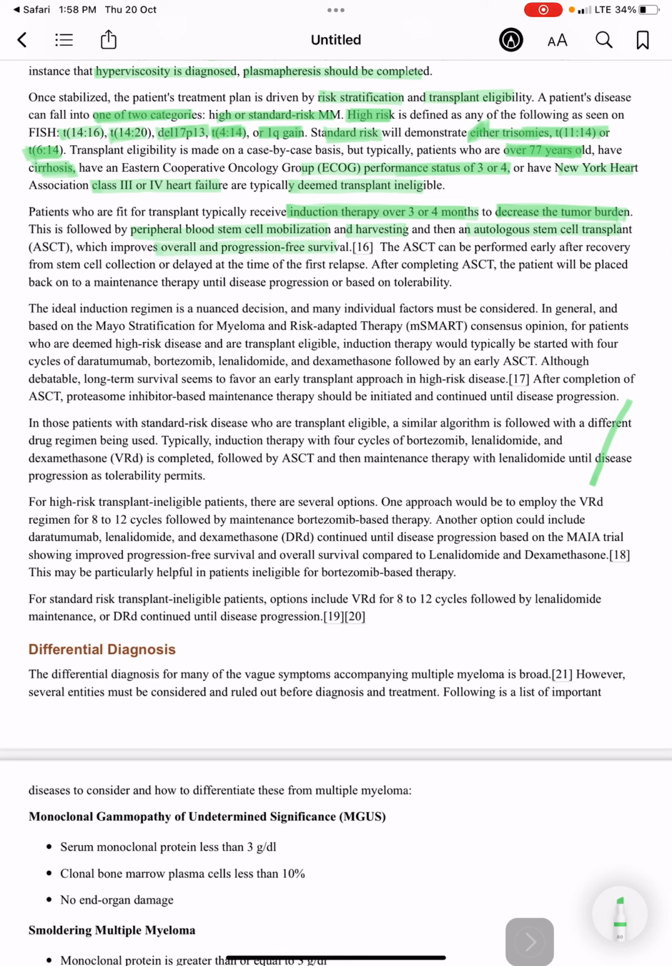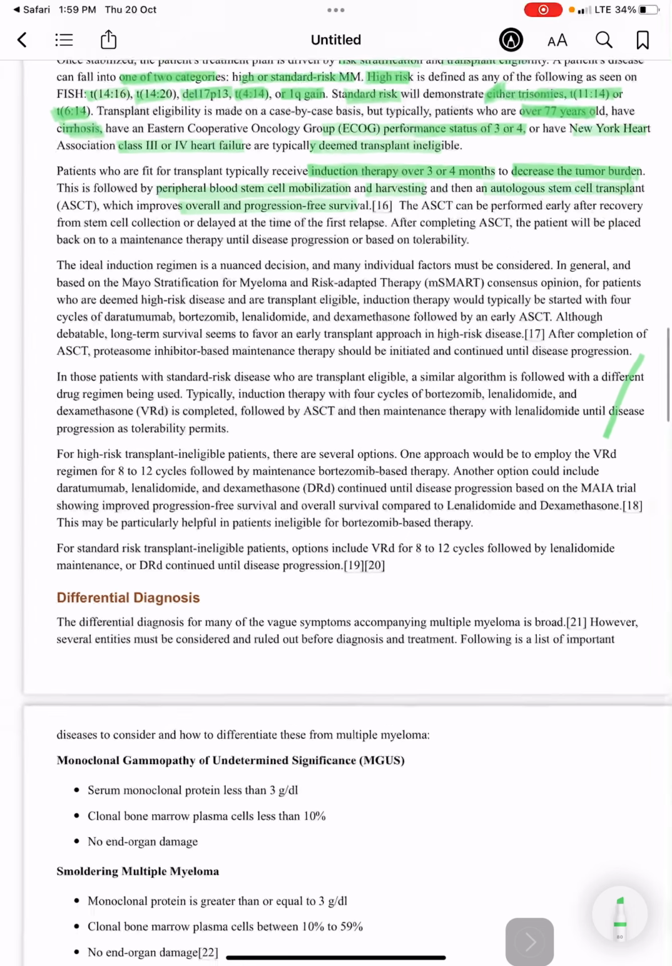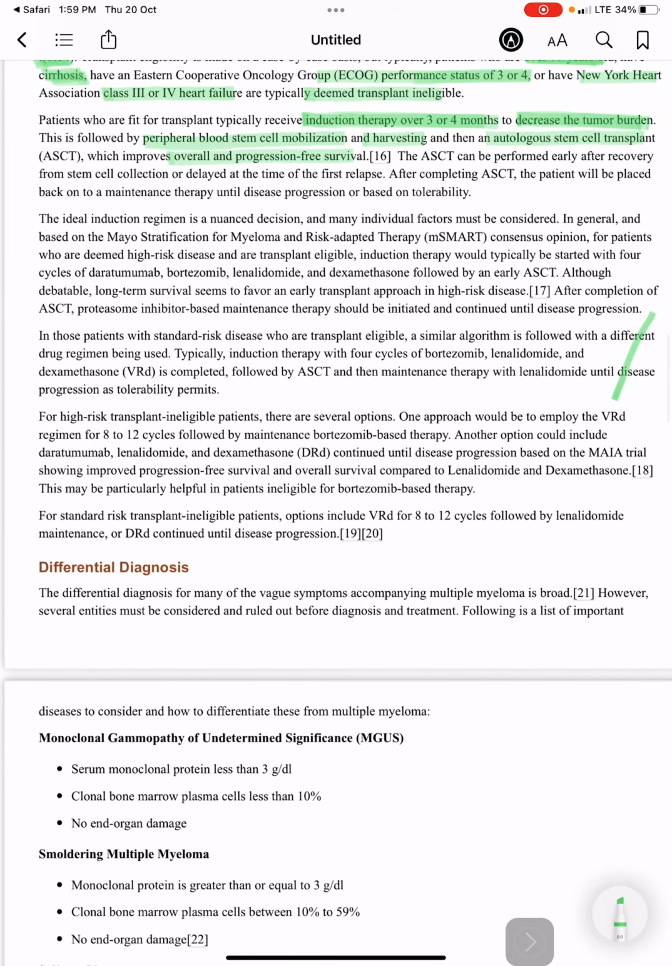This autologous stem cell transplant can be performed early after recovery from stem cell collection, or it can be delayed until the time of the first relapse. After completing autologous stem cell transplantation, the patient will be placed onto maintenance therapy until disease progression or based